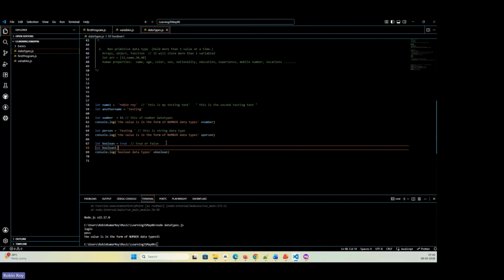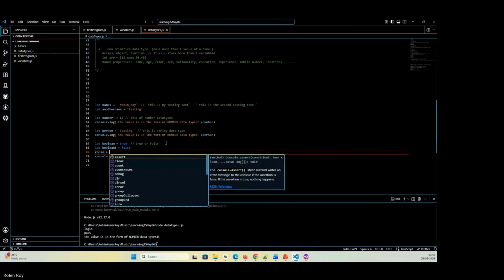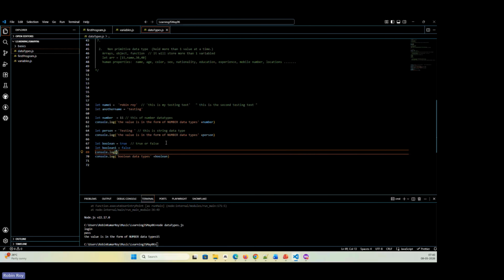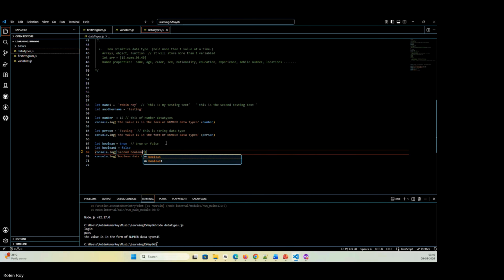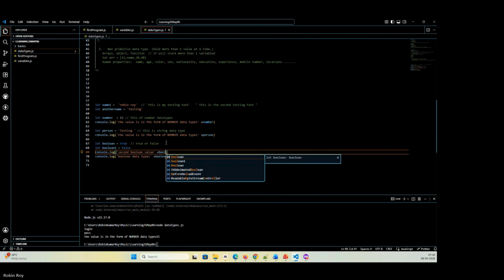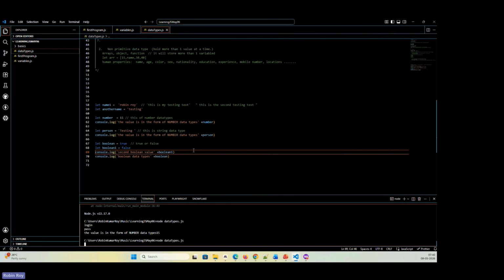So I can say here, let Boolean equal to true, let Boolean1 equal to false. Console.log second Boolean value, Boolean1. Now if I execute this program,